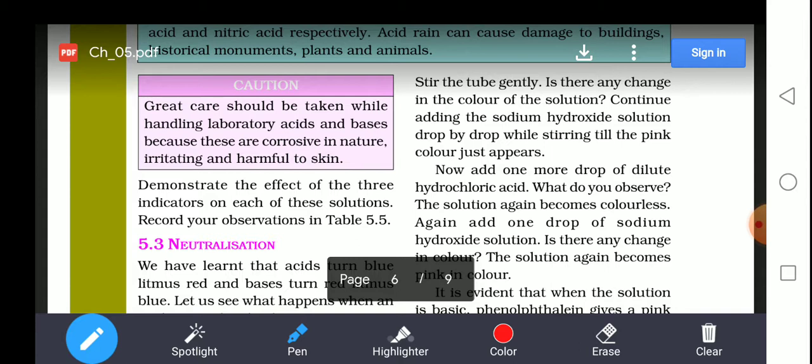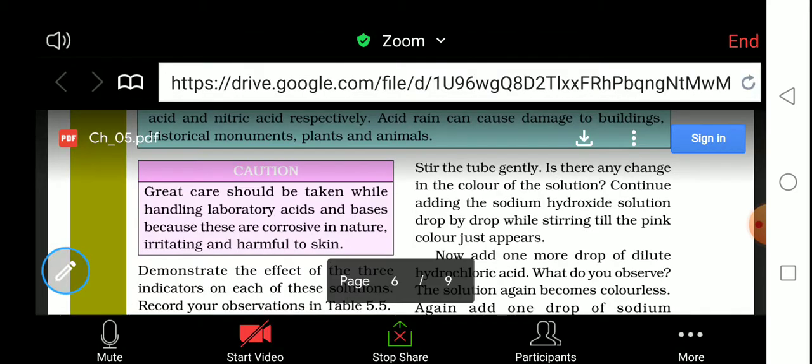Then what happened? It is again converted into pink color. So it is evident that when the solution is basic, phenolphthalein gives a pink color. So what happened? When the solution is basic and you add phenolphthalein, it gives a pink color. So from this,